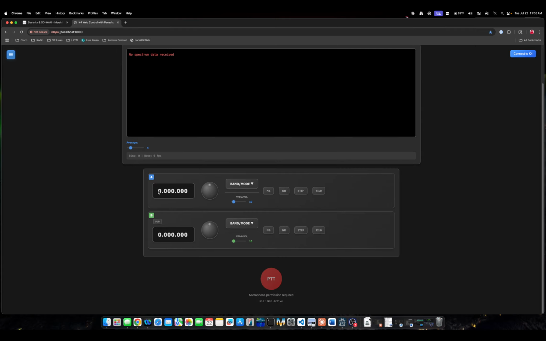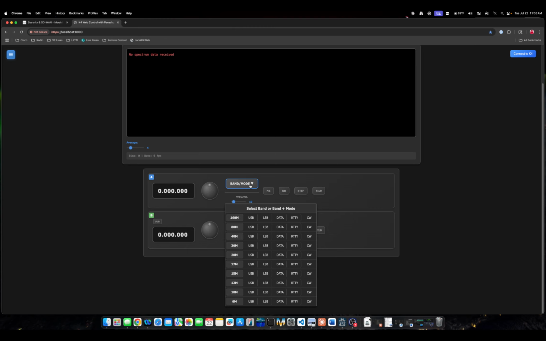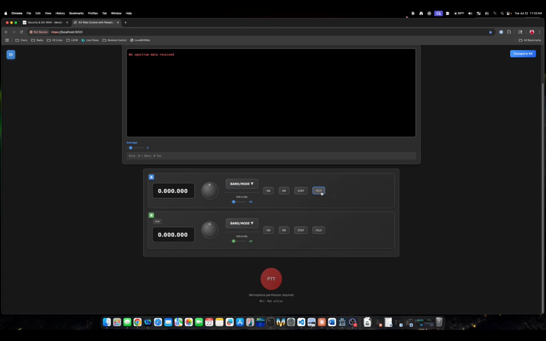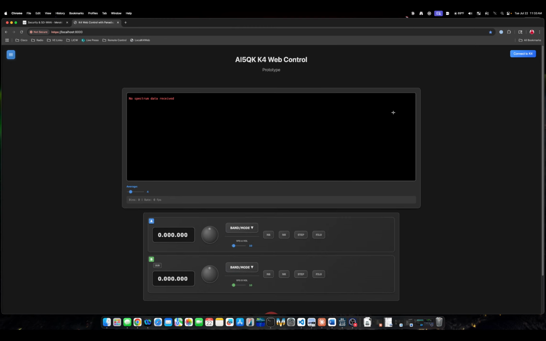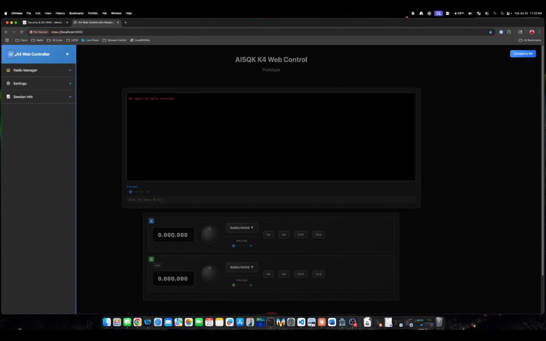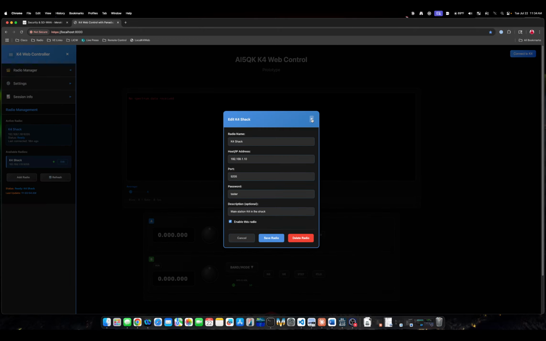As you can see, VFO A, B, we have the band and mode controls. You have your filters, push to talk, your connect at the top right hand corner. I built a menu system in here. So now we have the ability to add and remove radios. So we have a little thing called Radio Manager, a little Python module that I set up. So you can go in and edit and add the radios in here,